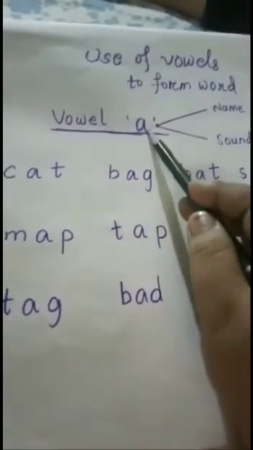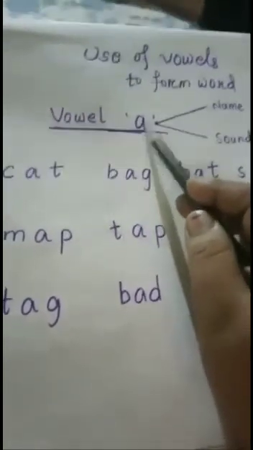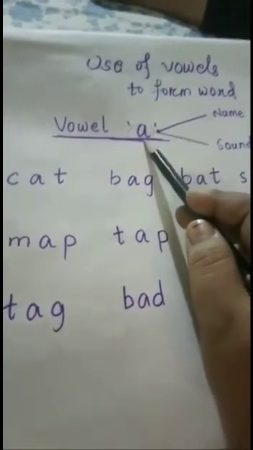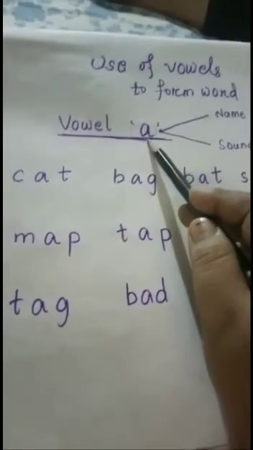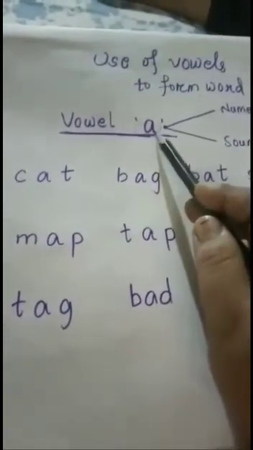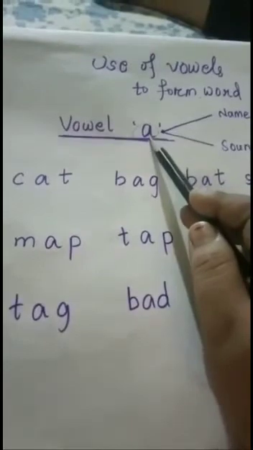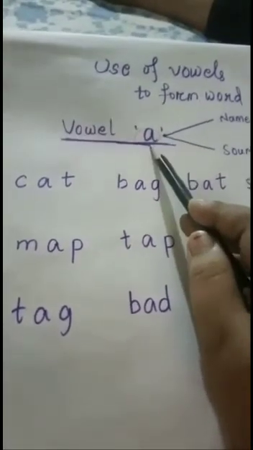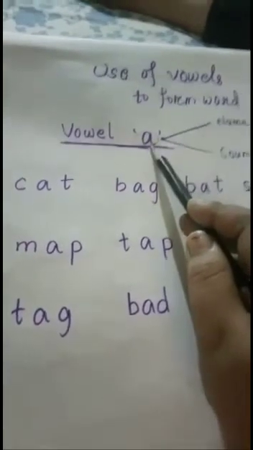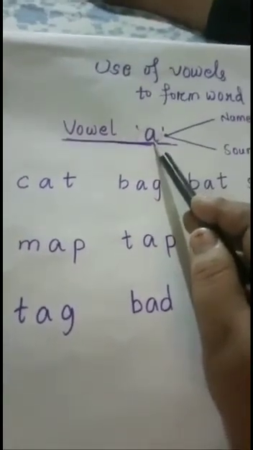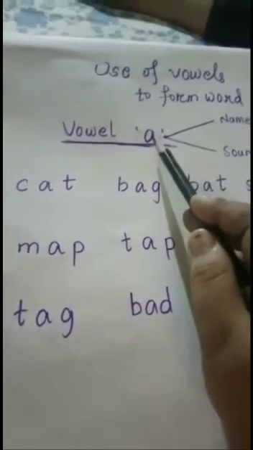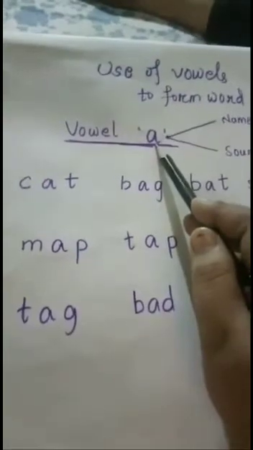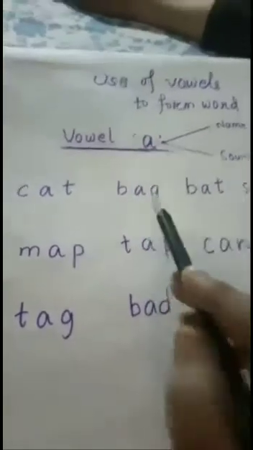And what is the sound of this letter A? Do you know what is the sound of this letter A? You have already learnt in Montessori too, all the sounds, the phonic drill. Do you remember those? What is the sound of A? Who can tell me? The sound of A is a, as in ant. Okay?